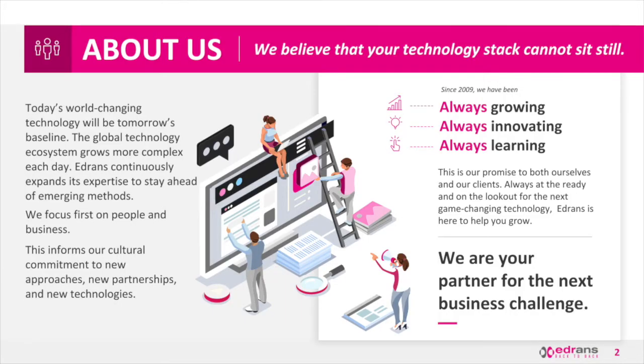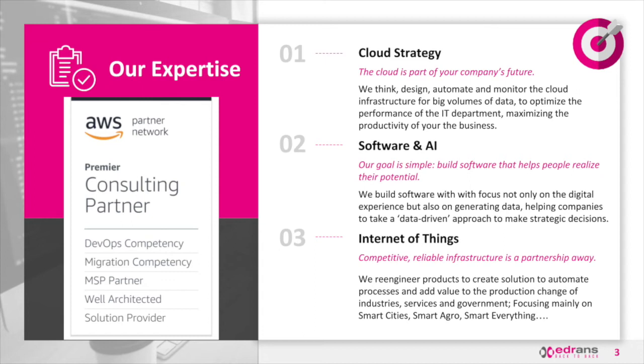We are a premier AWS consulting partner. We've been around for a little over 10 years and have over 100 engineers across offices here in Portland, Oregon, Barcelona, Spain, and Buenos Aires. As an AWS Premier Consulting Partner, we have competencies in migration, DevOps, managed services, and more. We're also a part of the AWS Well-Architected program. A central part of our business is cloud strategy, where we help customers adopt, optimize, and innovate in the cloud, as well as provide managed services, helping customers run their AWS infrastructure 24/7. Additionally, we offer software development services, where we help build cloud-native applications and AI and machine learning solutions.